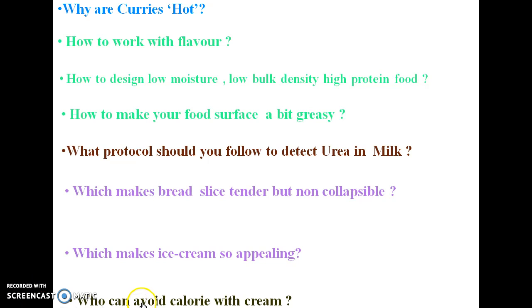And the last question: how can we avoid calories with cream? Even you are consuming calories